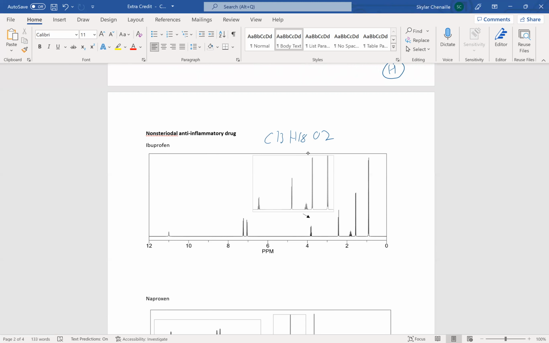Our degree of unsaturation is going to be 2 times 13 plus 2 minus 18 divided by 2. So that's going to be 26, let's see here, 26 plus 2 is 28 minus 18, divided by 2. So it's going to give us 5 total degrees of unsaturation, meaning